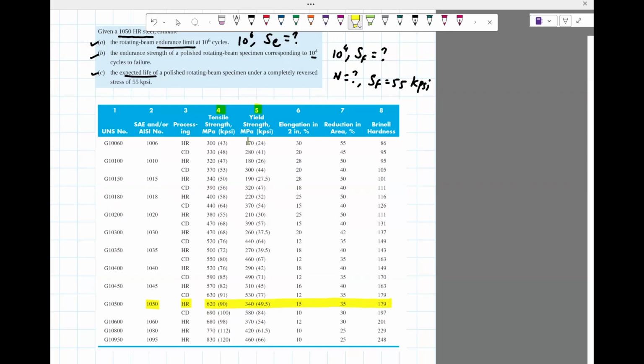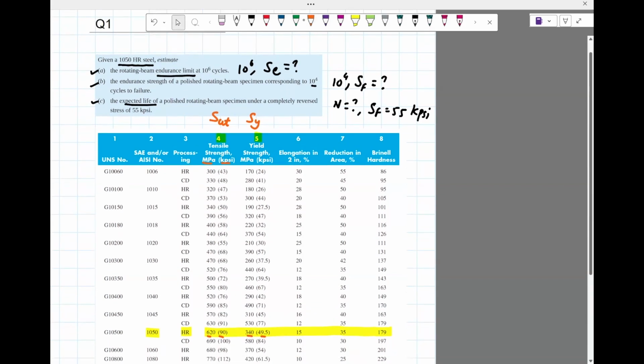This is SY, and this actually is SUT. So you're given SUT and SY. In fact, you're given that in both units, MPa and kpsi. And remember, in this problem, I think we are asked this value in kpsi. So we are interested in the kpsi more than MPa because this problem is specifically in kpsi. Okay, so with that, let's see how we can